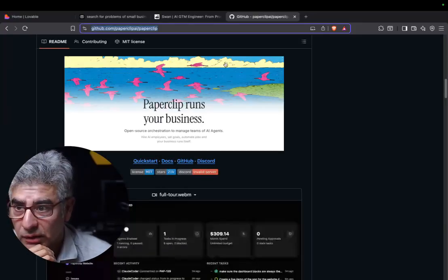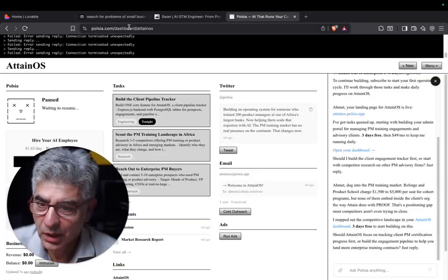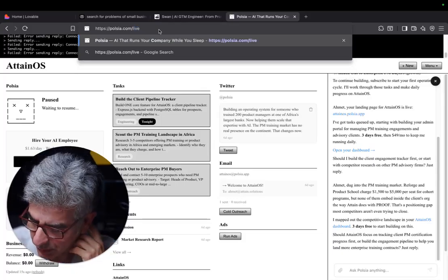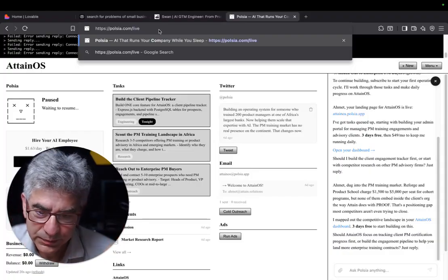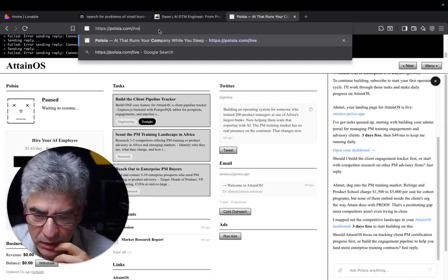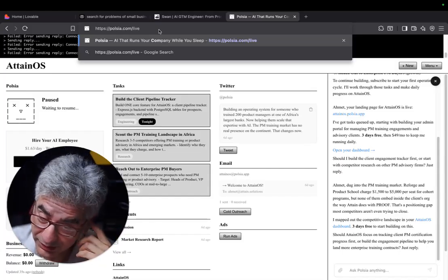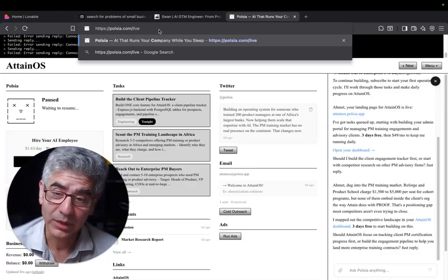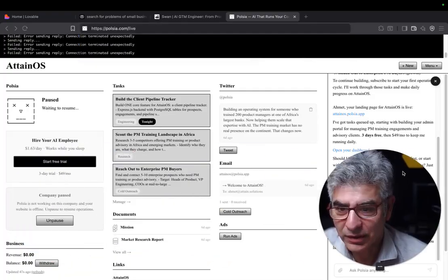While it's working on this, let's have a look at one of the companies that actually do stuff like this, which is building what I'm building with Pulsia. And it actually just does a very specific thing. I would say it's more of a go-to-market platform solution. So it builds like the website and social media content, and actually builds images and Instagram stories and videos. I mean, it's all AI slop. I mean, come on, the website is called Pulsia, so that's funny enough, right? But I think to a large extent it's experimental.